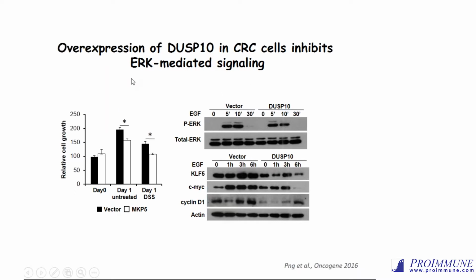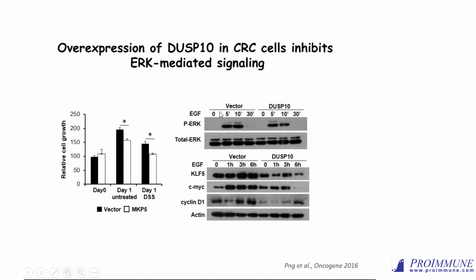So we utilized an overexpression strategy to examine the function of DUSP10 in human CRC. We overexpressed DUSP10 in the CRC cell lines DLD1 as well as CACO2, then measured the cellular proliferation. As shown here, you can see that the overexpression of DUSP10 is able to suppress the cellular proliferation of these